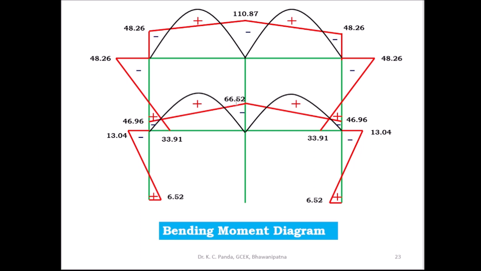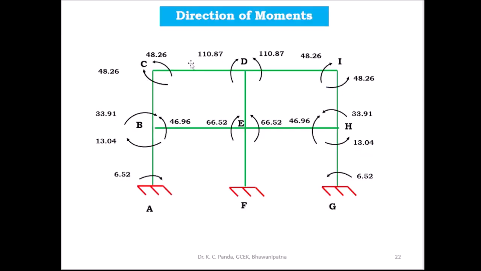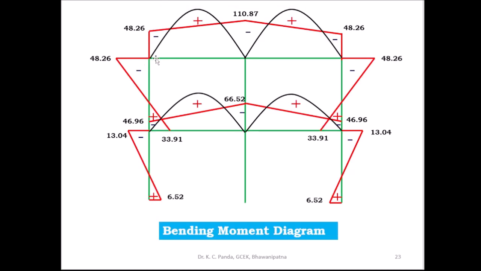Then join these points and this is the negative bending moment diagram for the horizontal member. Similarly here also for the horizontal member this is 48.26 and this is 110.87, this is 48.26. So you take 48.26, 110.87, 48.26 and join these points, and this is the negative bending moment diagram of